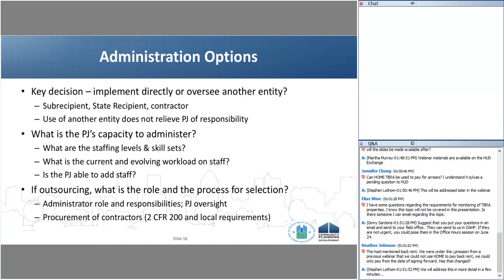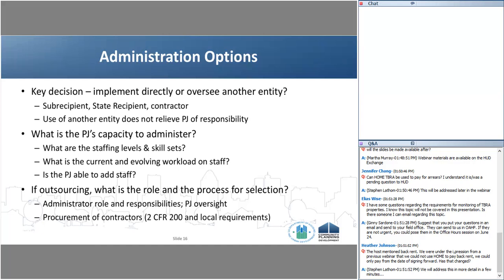The PJ needs to evaluate both the available internal and the external administrative capacity and make the expedient decision regarding the best administration option and the appropriate administrative budget associated with that. With respect to internal administrative capacity and staff to administer the program, and I'm talking about either within the home administrative agency or department, or more broadly within other agencies or departments of the PJ, the questions to ask are,